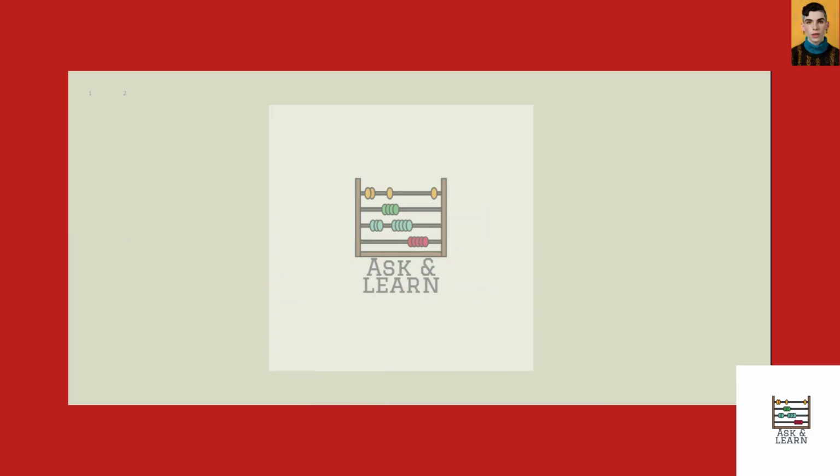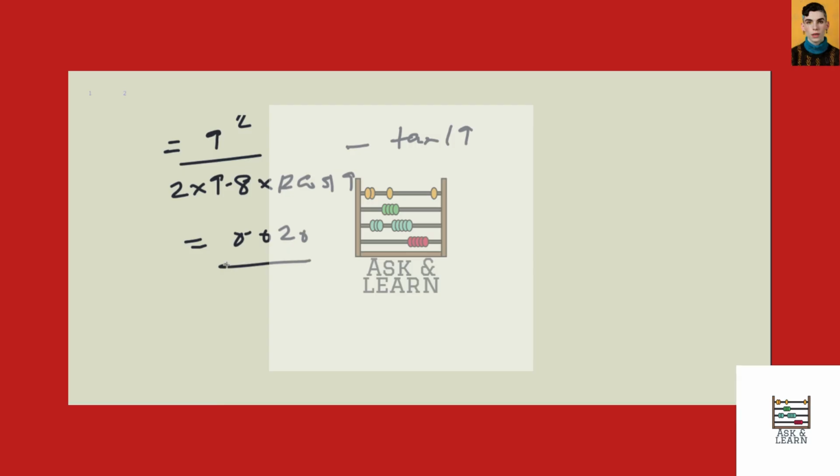So I'll just plug in the values on this page here. So we get mu k equal to 9 squared divided by 2 times 9.8 times 12 cos 19 minus tan 19. If you solve that, the value of mu k is 0.020, and that is our answer for the coefficient